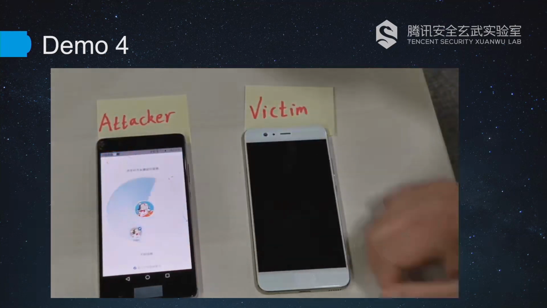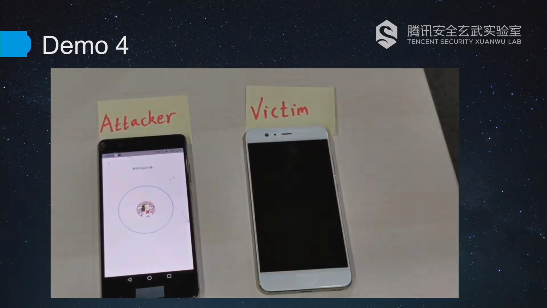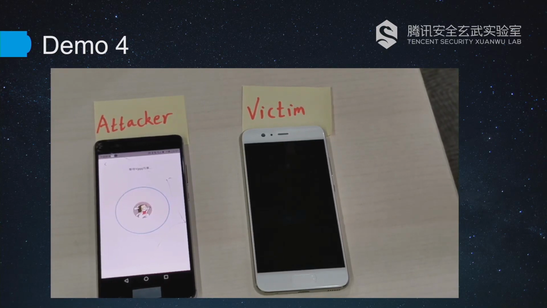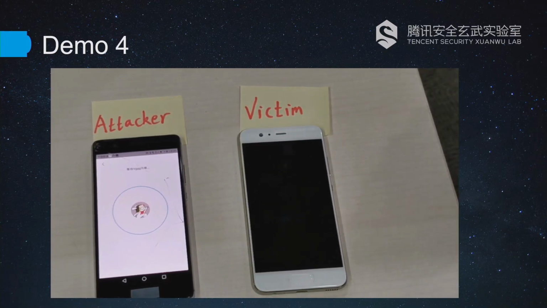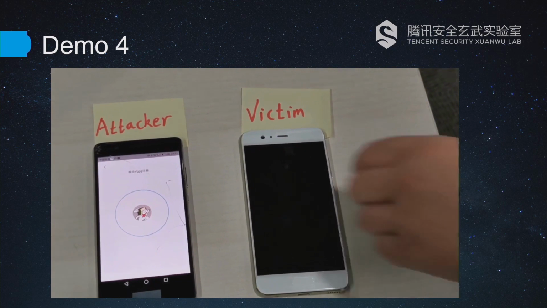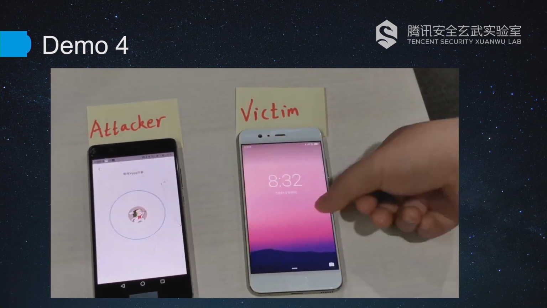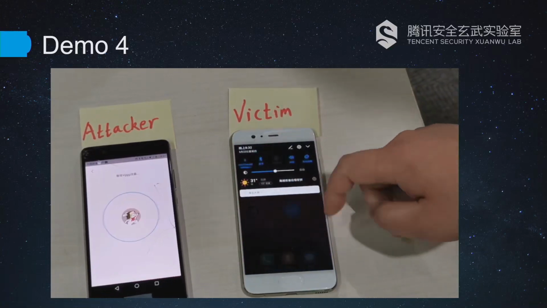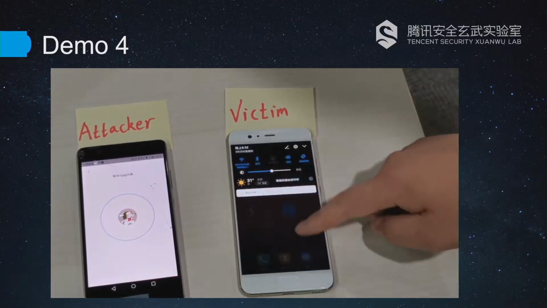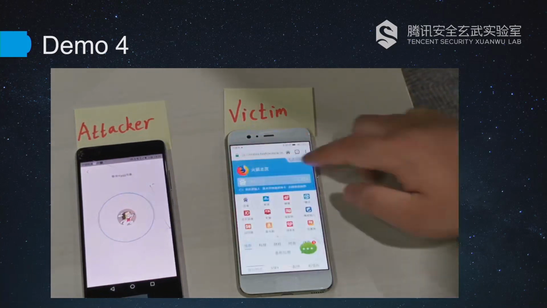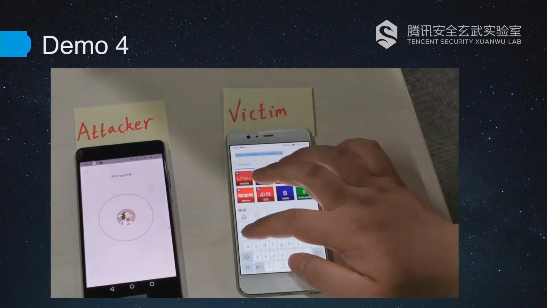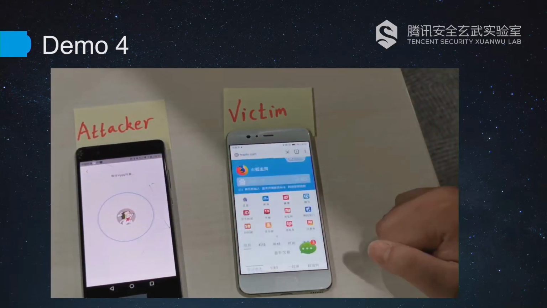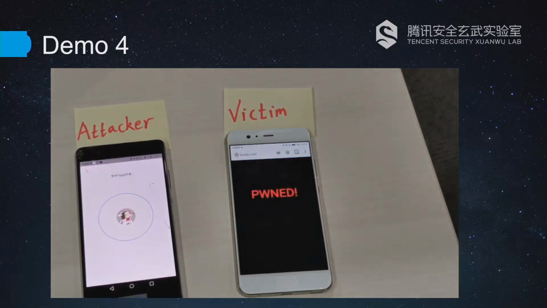The attacker requests to send him a file. And then when the victim opens his browser, he'll be hijacked.